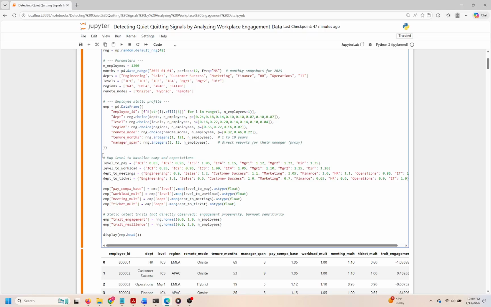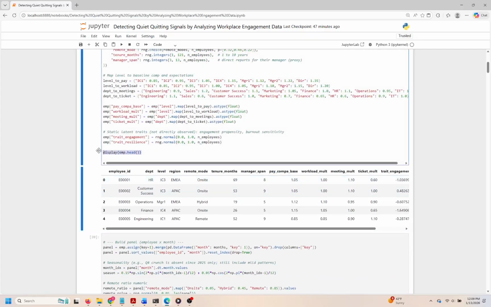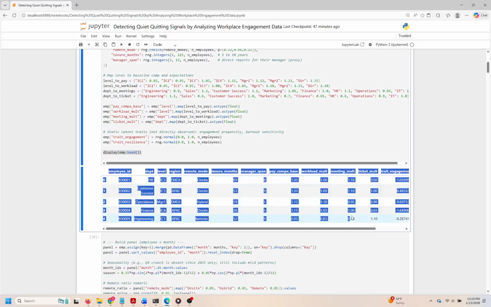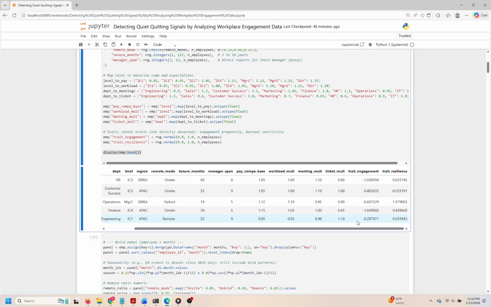Additionally, we generate two latent traits: engagement propensity and burnout sensitivity. These traits are crucial as they introduce variability among employees that reflects their personal characteristics and resilience. By sampling these traits from a normal distribution, we can simulate some of the unpredictability that comes with actual employee behavior and engagement levels. Finally, we display the head of this data frame to give a glimpse of the generated